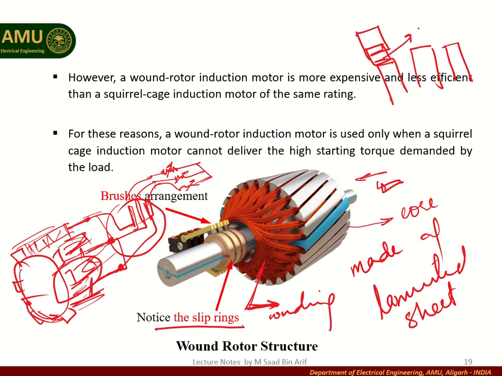This is a carbon brush, and a spring is attached to this brush, because due to friction the length of the brush is reduced. This spring will further push the carbon brush,